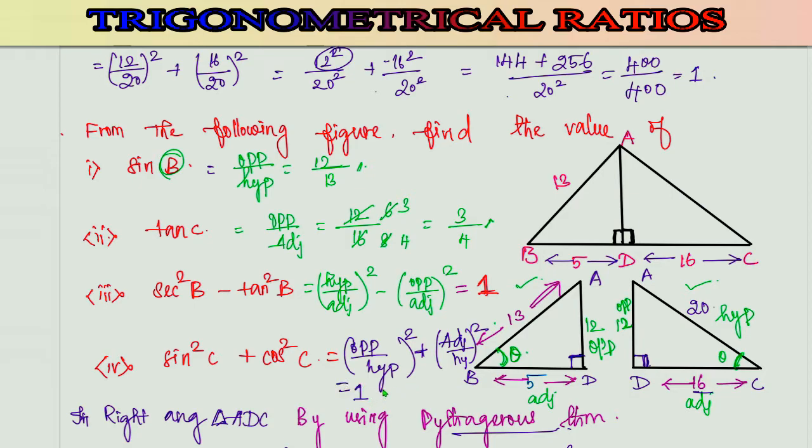We have already learned these square identities. In the square identity, secant square theta minus tan square theta is equal to 1, and as well as sin square theta plus cos square theta is equal to 1. So these are the identities. So when you simplify, when the angles are equal, secant square B minus tan square B, the value is 1, and as well as here the angle is C, it is the same. So sin square theta plus cos square theta, the value will be 1. Okay, now we'll move to the next one.